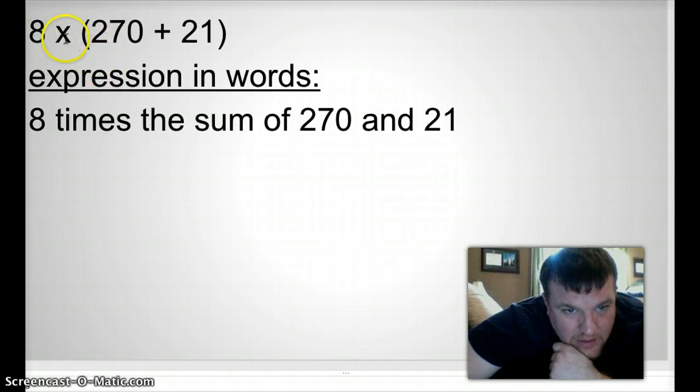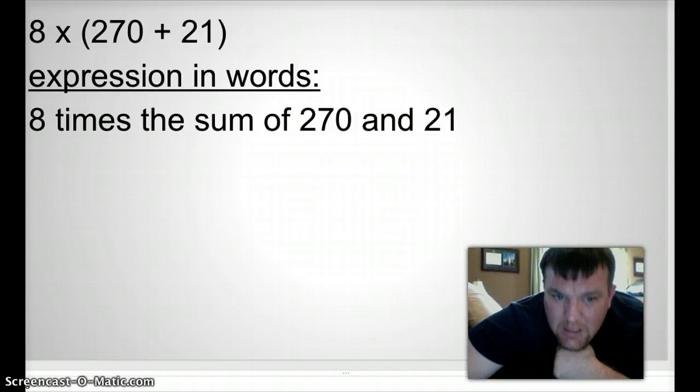So I'm going to go back and look at the expression, solve the parentheses first, and then find the answer. So I took 270 plus 21 and got 291. And I took that number times 8,